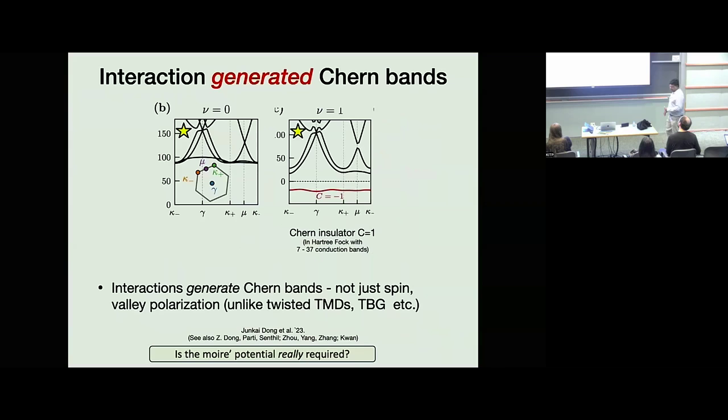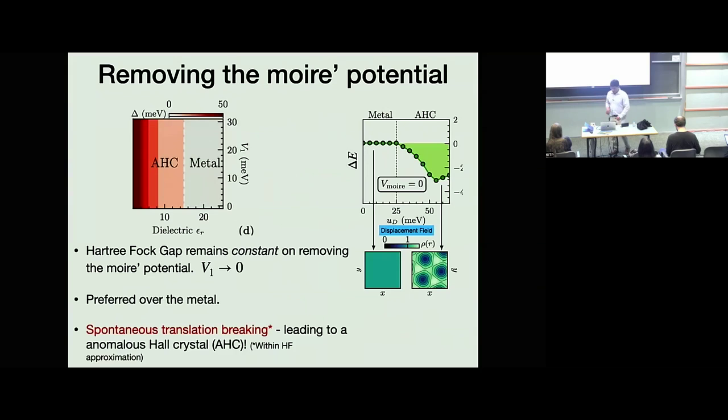Okay, so the gap is really set by the interaction scale rather than by the Moiré scale. So then the obvious question is, what if I start lowering the Moiré potential? Does the gap survive? How does it scale with the Moiré potential? So this is what this is showing. This V1 is the strength of the Moiré potential. You get some particular gap, and then let's say you make it a fraction, and you see the gap doesn't really change. The same color code over here.